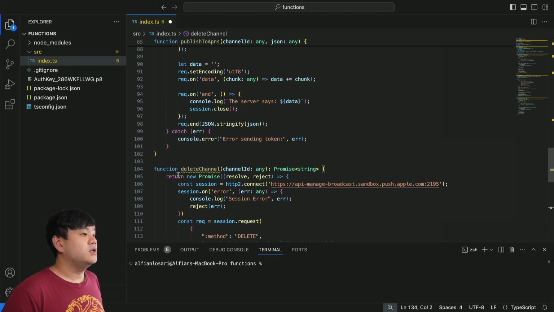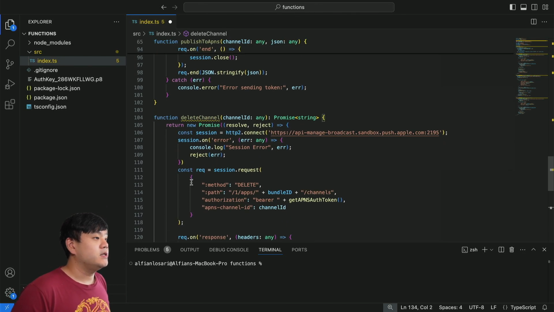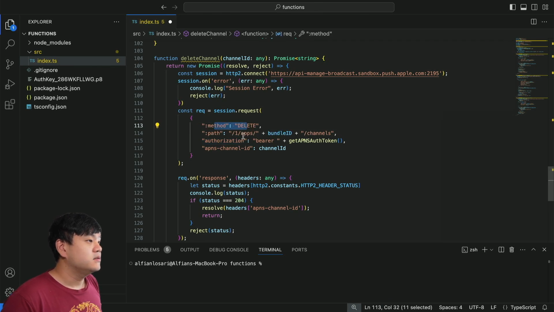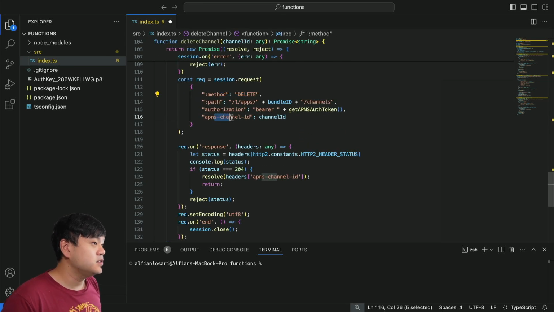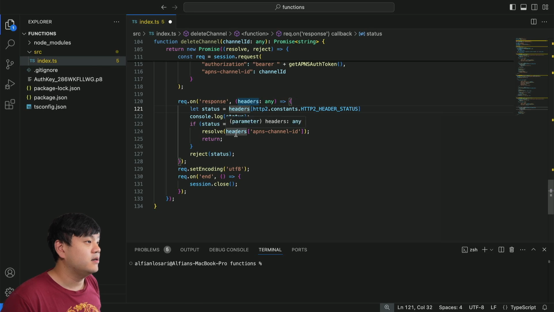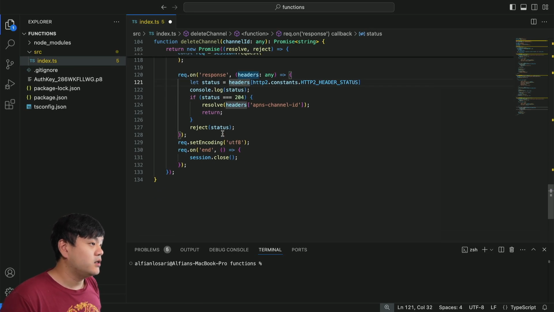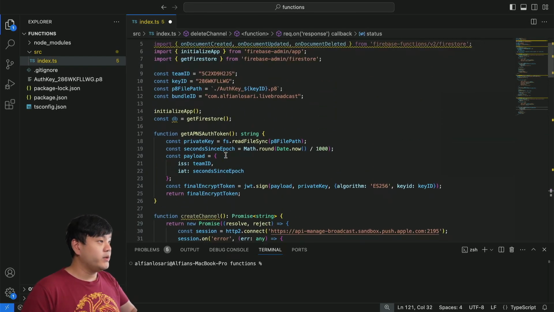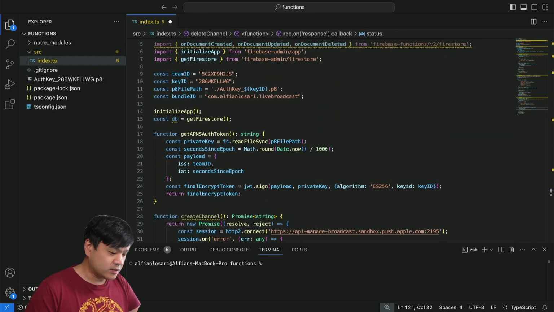So this method deletes the channel through the APNS channel management API. The difference is this method is going to be a DELETE. The path will be /1/apps/bundle/id/channels, with the authorization, and we need to pass the channel ID that we want to delete. On response we check if the status is 204 deleted, then we resolve this promise, otherwise we reject. Okay, so those are the three building blocks, and now we need to attach them to the document